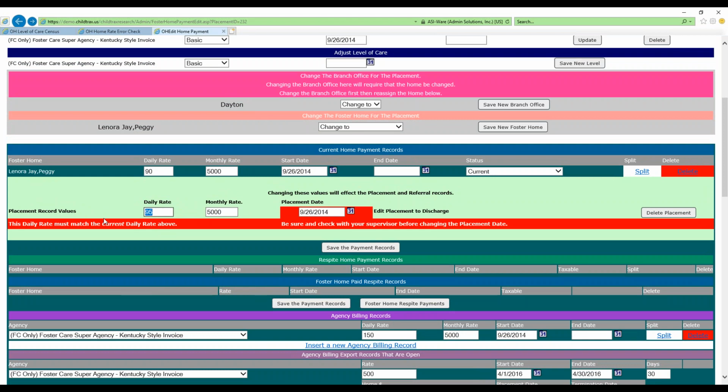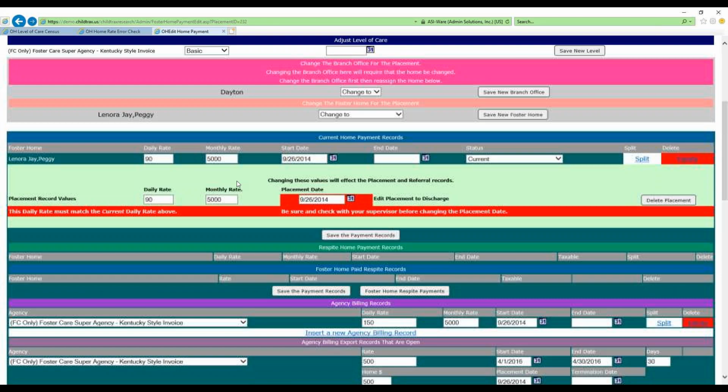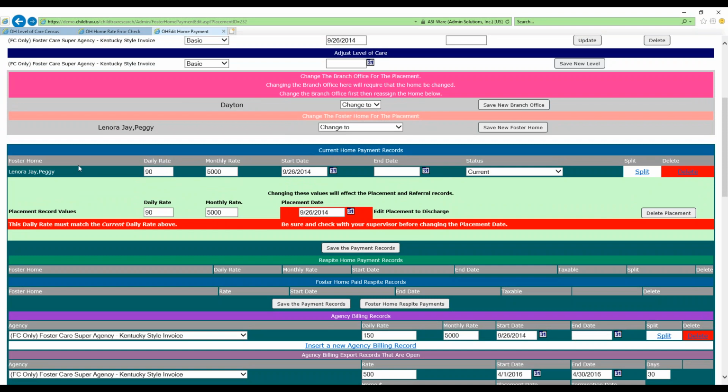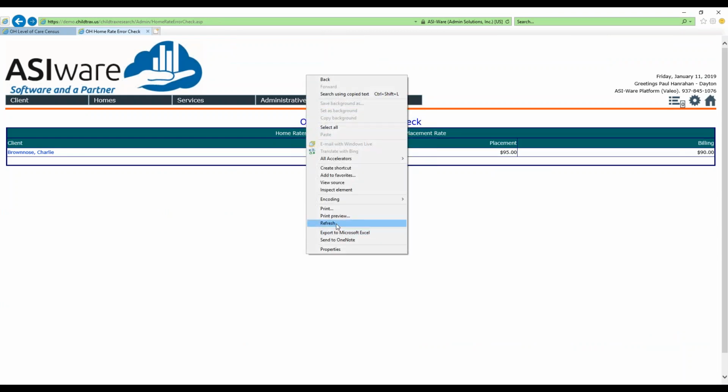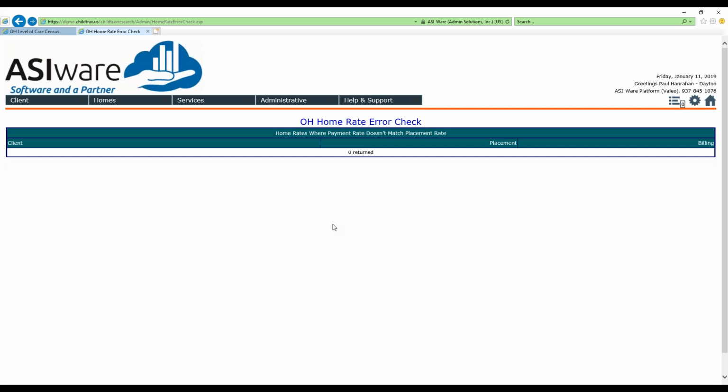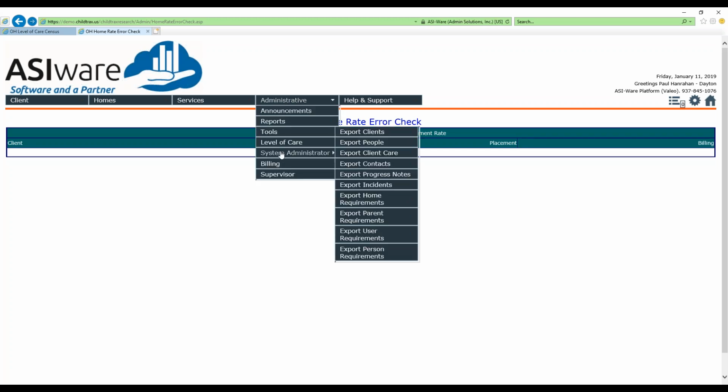All right, we're going to say that the daily rate in the placement table is wrong. Save that. All right, and real quick, this record has to do with the placement. This one has to do with the actual payment to the home. Okay, so I fixed that. If I refresh this page, now nobody is listed on there. Guys, these tools, if you assign somebody to run these tools at a minimum monthly, your data is going to be pretty daggone clean. So now, next one we're going to come in here, we're going to look at System